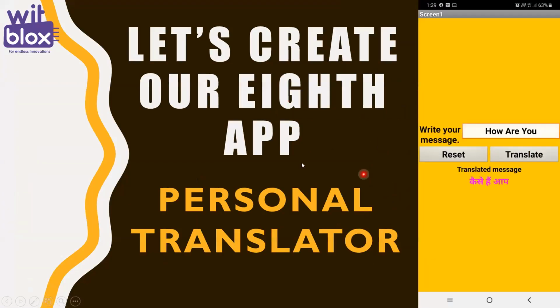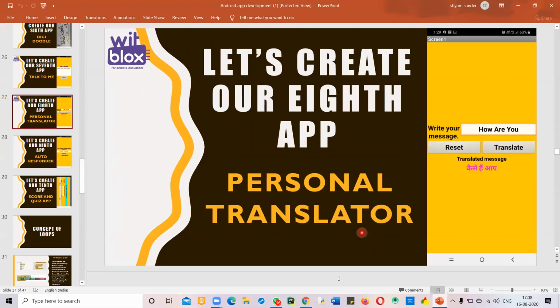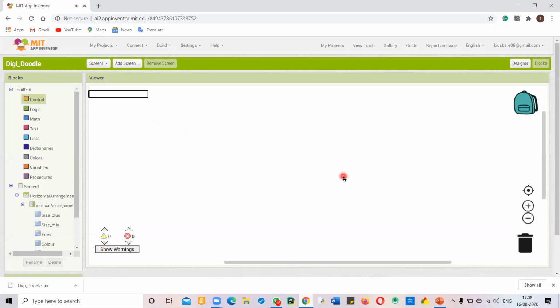This is our today's application. I have already told you, but once again I am telling. This is a personal translator that translates the language from English to Hindi. So the look is like this. You might know about the translator because it was very famous when we both made it.